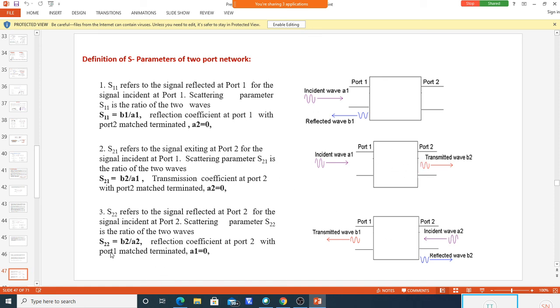Similarly, the second parameter here, S22. This is a reflection, how much reflection there is at port 2, similar to S11. S11 is the measurement at port 1, and this is the measurement at port 2. Again, for S22 also we want 0. There should not be any reflection at port 2 also. This is S22, B2 by A2, a similar definition to S11.